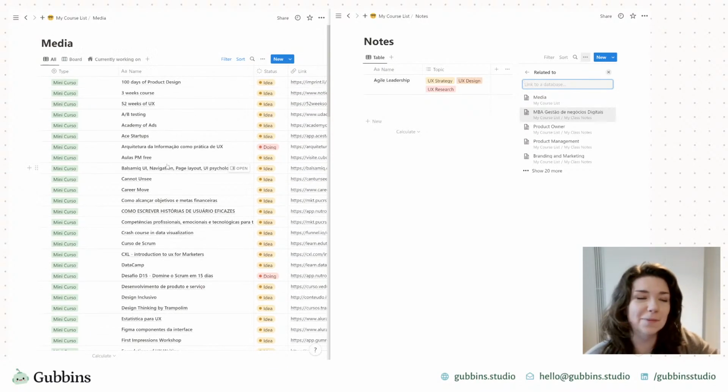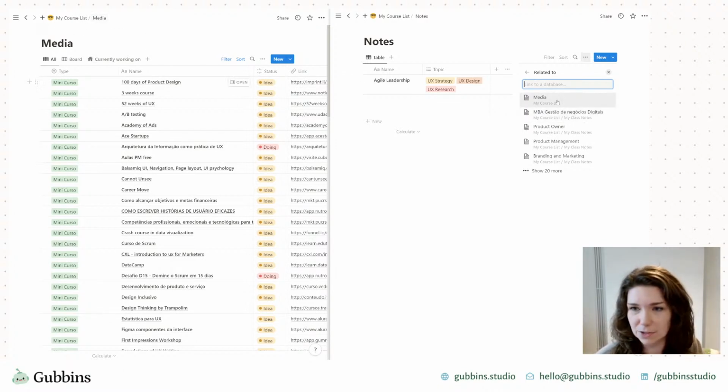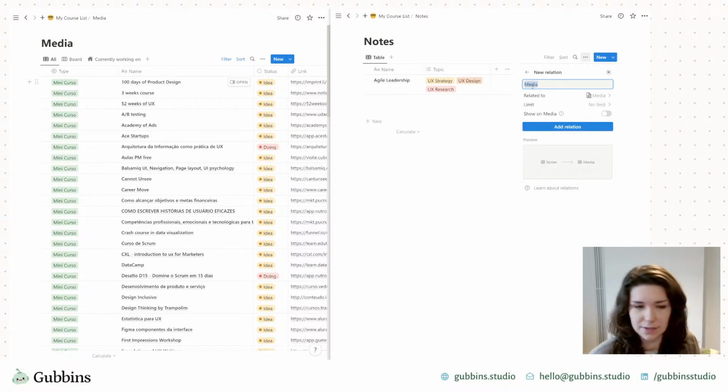I keep pointing at the monitor, I'm sorry, really I could do with some way of highlighting my points on the screen. But you'd relate it to this media database, which is this one here. And you'd say related course, I guess. Related to media, limit.